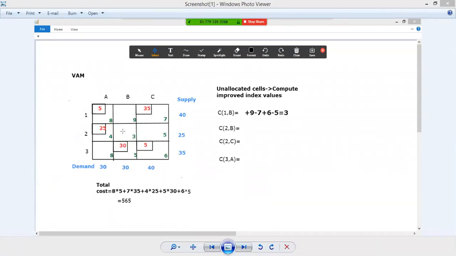That is why we did not choose this particular path. Now the second unoccupied cell is 2B. Starting from this location, we have to reach an occupied cell, then again reach another occupied cell, and again another occupied cell. From here the next occupied cell is this one, and the next occupied cell is this. Then come back to the original empty cell. In the same way, we have to assign signs. This was the unoccupied cell, so assign plus and alternately assign minus and plus signs to all corners of the loop.